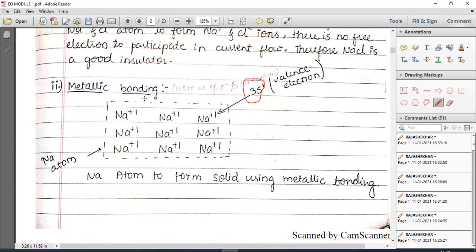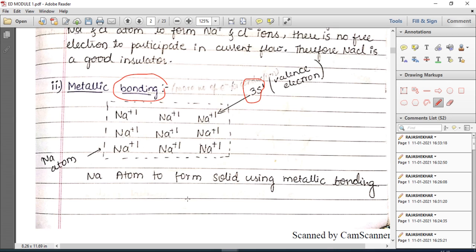Here we have done the bonding only using sodium atoms, that is Na atoms. When an Na atom is bonded metallically, it is capable of releasing one electron. So if I choose a million sodium atoms in one bonding, it is capable of releasing millions of electrons in that bonding. And those millions of electrons are capable of causing current to flow through the metal.